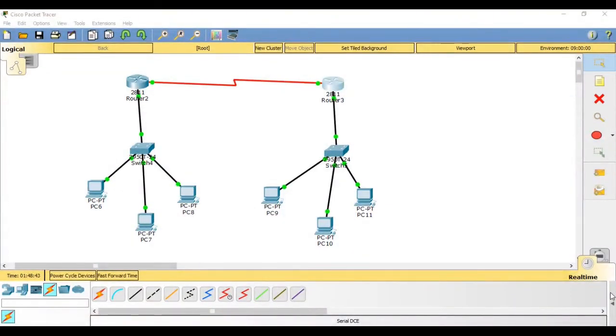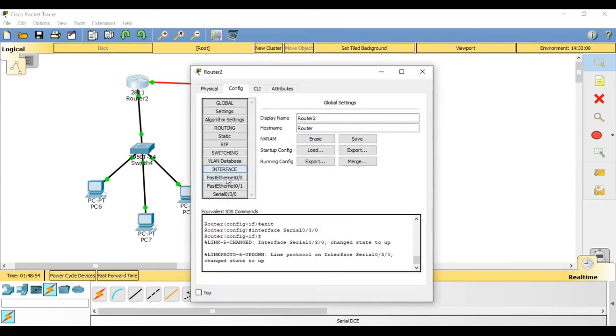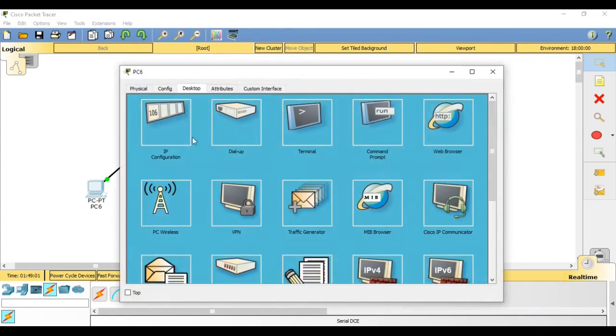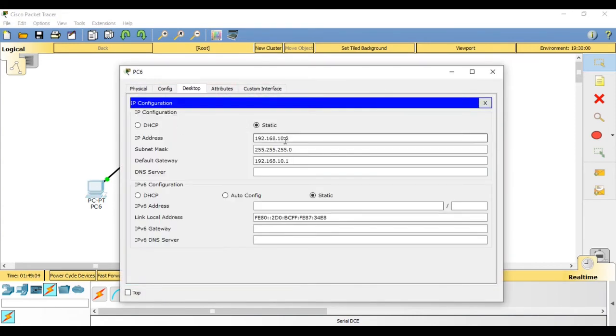Now we have to configure our PCs. We have to give the PCs the IP addresses. So simply what we are going to do, we are going to click this first PC. Remember that this router has an IP address for interface 0/0, 192.168.10.1. So just remember this one. Go to first PC, go to desktop, IP configuration. Here we are going to give this PC an IP address of 192.168.10.2. When we click here, the subnet mask will come, and the gateway is 192.168.10.1 because the router with which it is connected has this address.